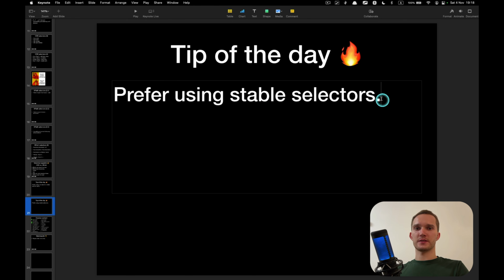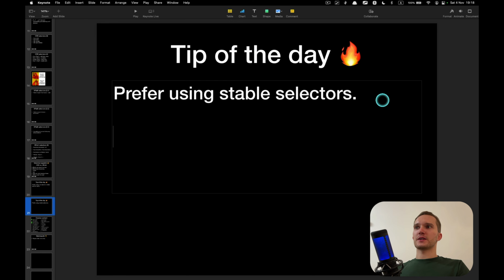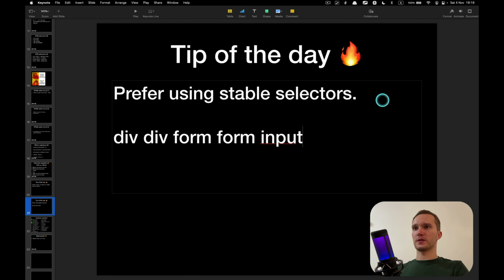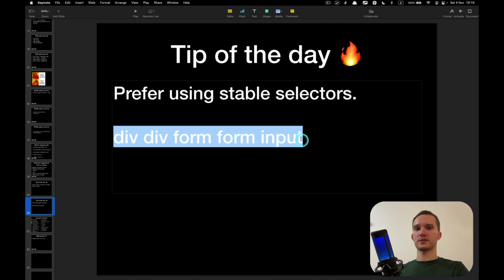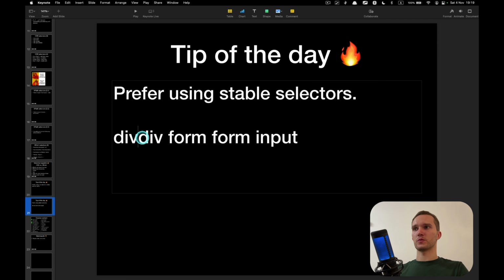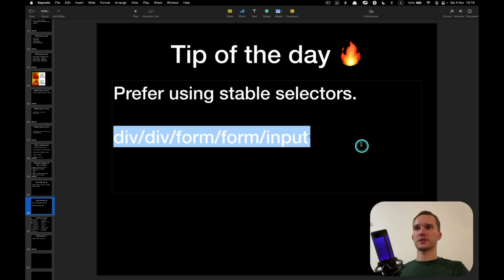Some randomly generated attributes are also not a great way to rely on. Writing selectors which are like div inside of div, inside of form, inside of another form, then input is also not great. So having a really nested selector is not a great practice. Wherever you choose, CSS, XPath, it is not a great selector.